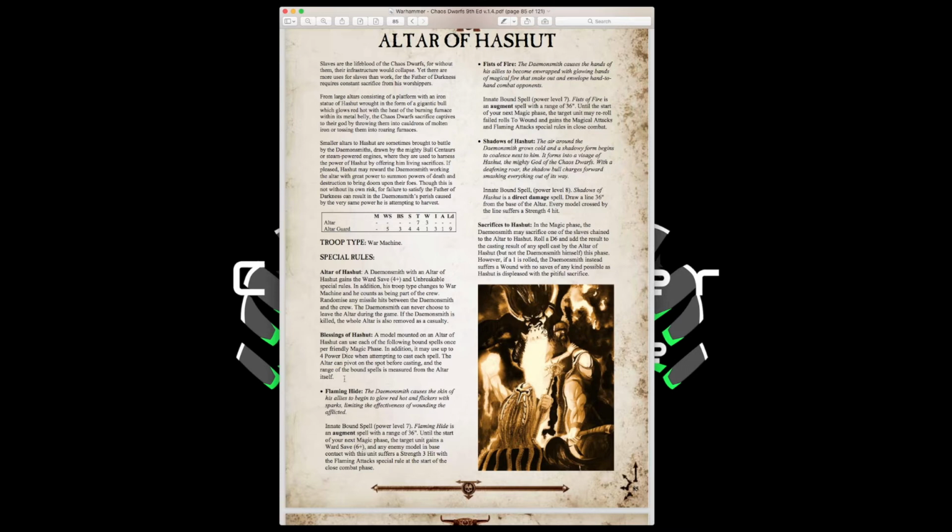We have Flaming Hide. Innate bound spell, power level 7. Flaming Hide is an augment spell with a range of 36 inches. Until the start of your next magic phase, a target unit gains a 6+ ward save, and any model in base contact with the unit suffers a 3 hit with the flaming attack special rule at the start of